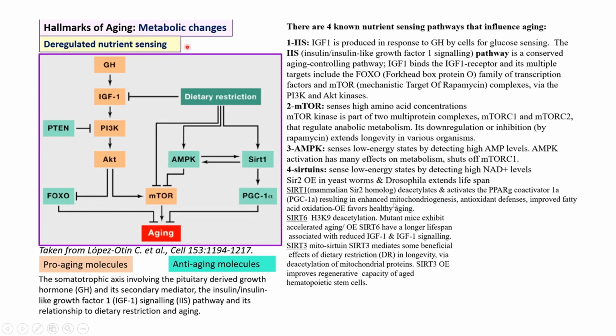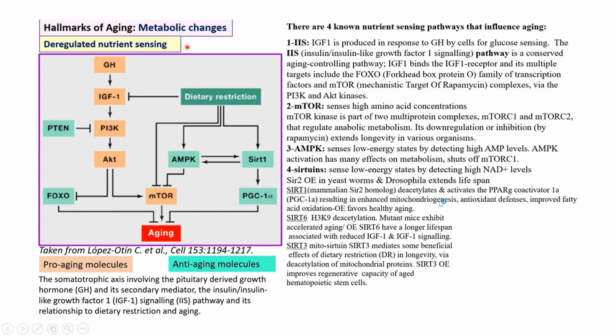So mitochondriogenesis is the process which is present in health and which decreases aging. Mitochondriogenesis will be higher in the healthy aging process. As well as that, antioxidant molecules will be higher, so that the oxidant molecules which are produced in aging will have their effect limited by the antioxidants. And fatty acid oxidation will also be improved in these conditions. All these parameters, such as mitochondriogenesis, antioxidant defense, and improved fatty acid oxidation, favor the healthy aging process. It will not lead to premature aging.